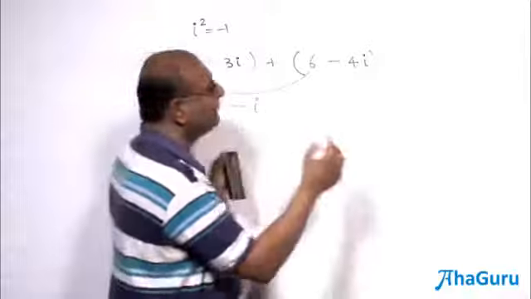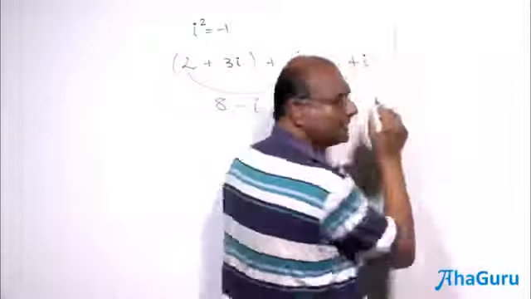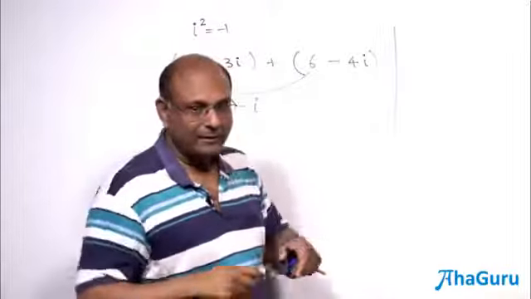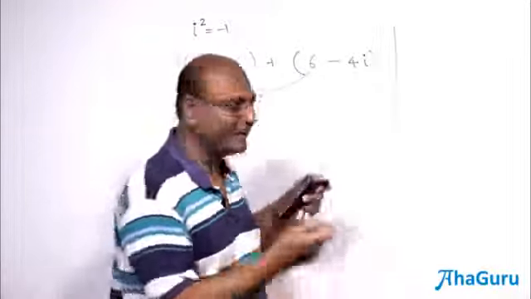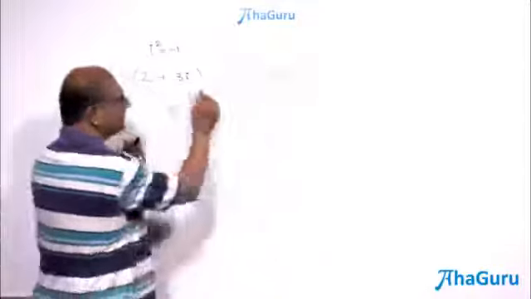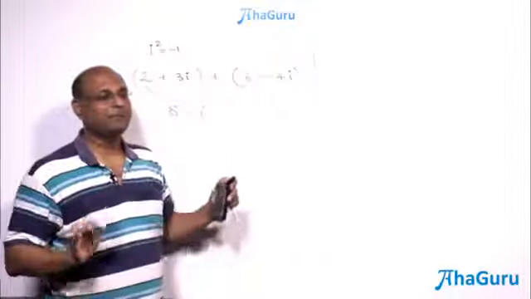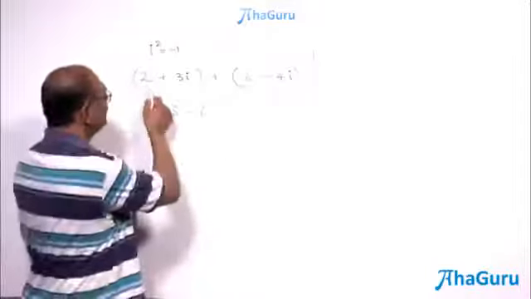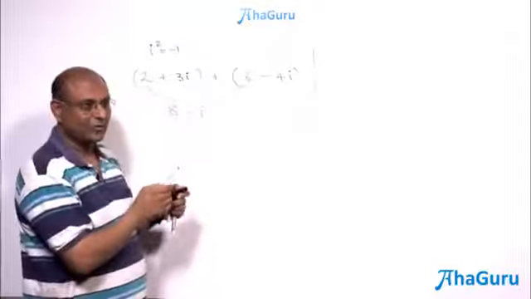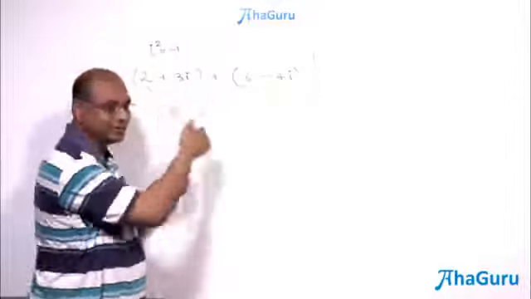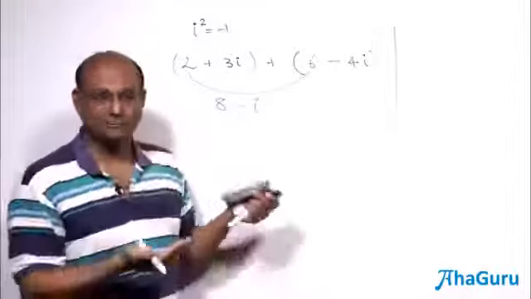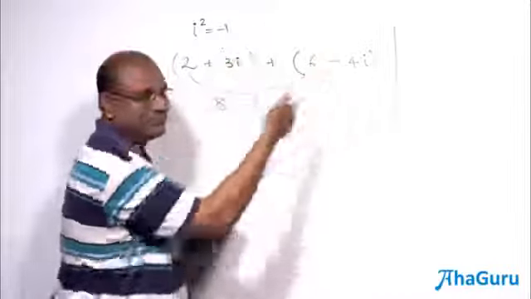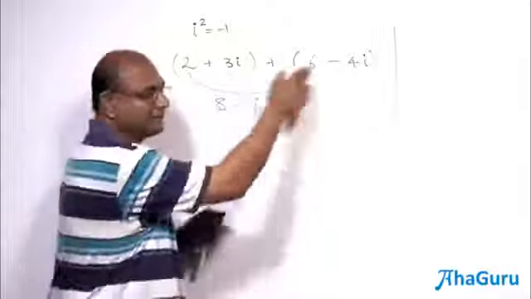Now, suppose the question was minus instead of plus. Then you have to be a little bit more careful. Exactly what you do with minus. Think of it like this: as far as all this is concerned, i behaves like x. Whatever you did in algebra, you did, right? Suppose you had 2 plus 3x. What would you have done? All the like terms you will join, all the unlike terms you will join, all the different terms you will join.